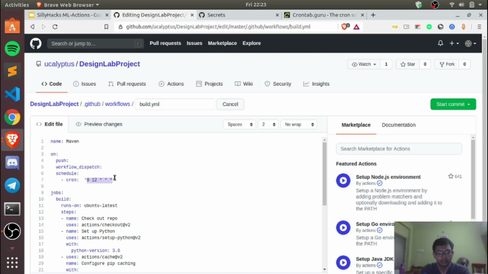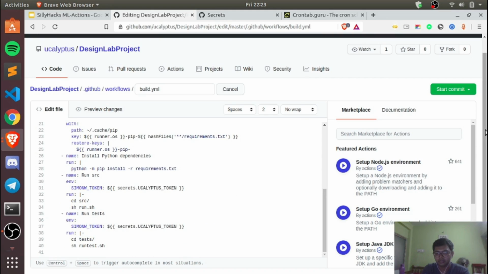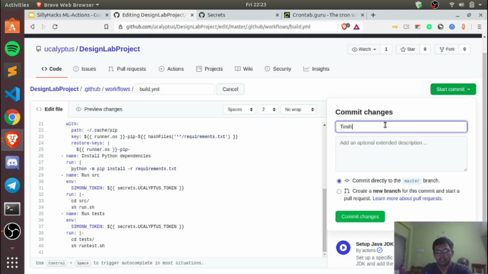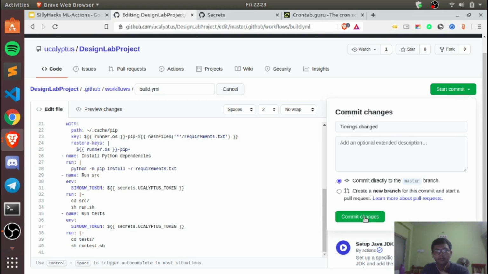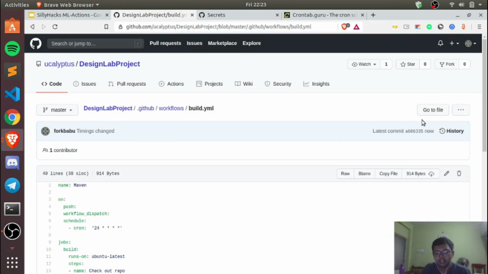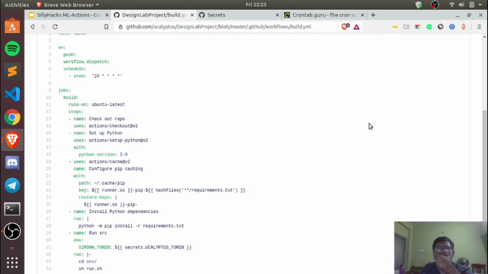I'll first make the commit so that I don't miss that time. I want to see the workflow running live. The time is changed. Yeah, timing has been changed. Let me make the commit, and after that, as you can see,